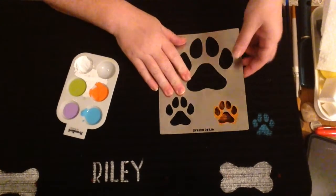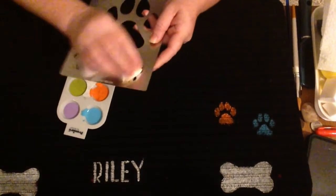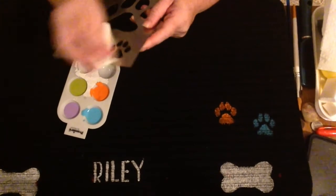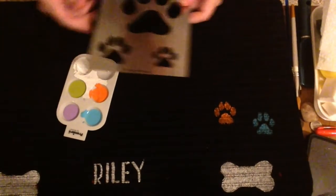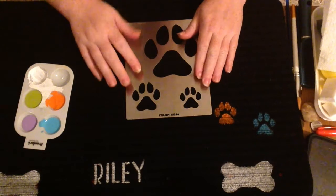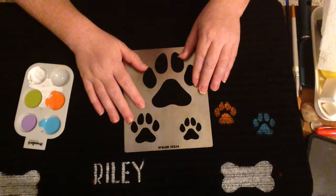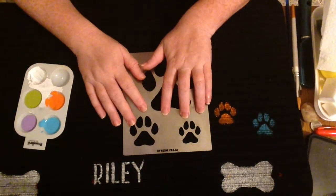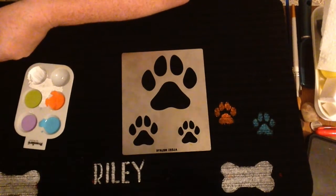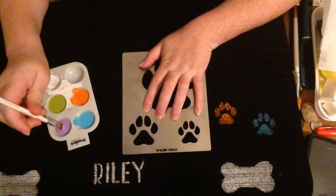And that should be the orange one. Not sure how well you guys can see that, but I think the sizing is working out pretty well. And I'm just going to keep with this, because that way, or I can go here, and we'll go a little bit lower, since there's nothing there with the Riley. And we'll do one more for you, because this one's kind of center of the screen. Now I'm going to do the purple,